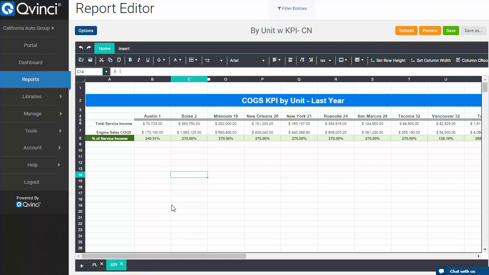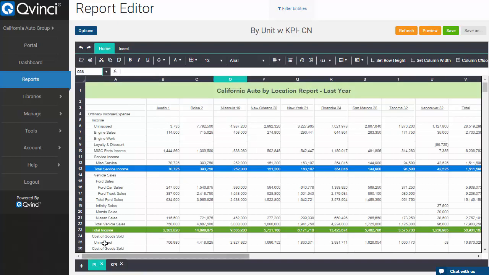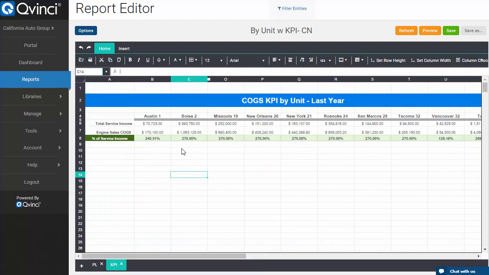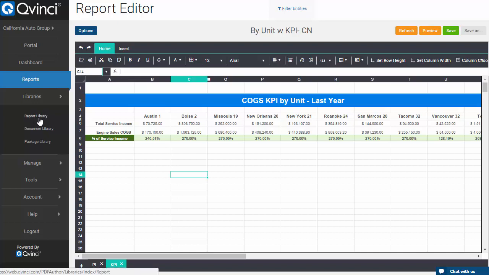Now, I'm going to go back and mention that because we are syncing all of these files automatically every day, this report is going to update, and the KPI is going to update. So it doesn't matter if you have one unit, one location, or 10 locations, this report is going to hydrate correctly. This is a piece of a report that can be used in combination with other reports. So let's hop back over to the library and look at one more of these things real quickly, and we'll show you something extremely unique.